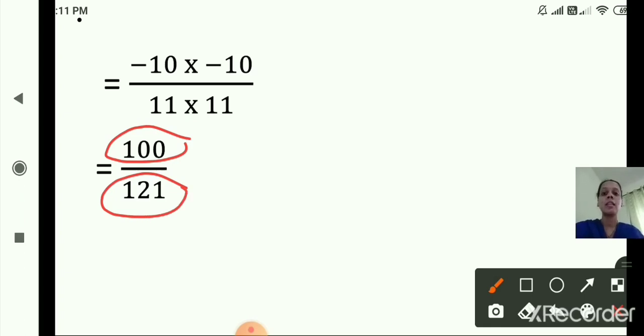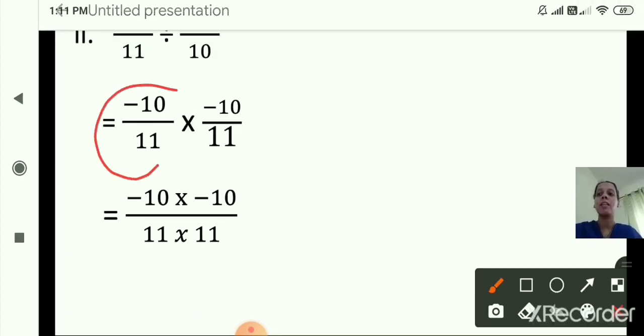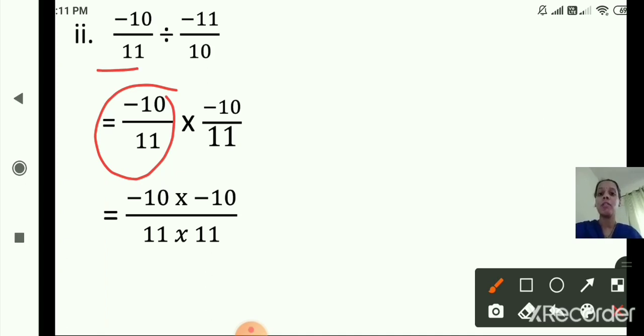So this is division of rational numbers. In the division of rational numbers, what will we do? We'll write down the first rational number as it is, that is minus 10 upon 11. In place of the division sign, we'll write multiplication, and we'll write the multiplicative inverse of the second rational number. Okay, and then we will carry out the multiplication of rational numbers. The same way you have been doing, numerator multiplied by numerator and denominator multiplied by denominator. Then you do the multiplication and you will get the answer. Okay, hope you are clear till here.